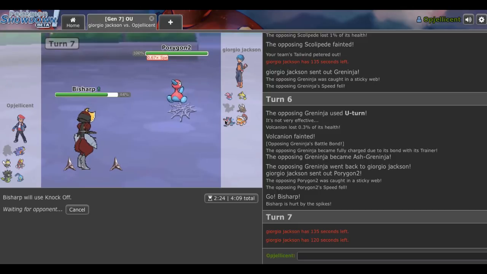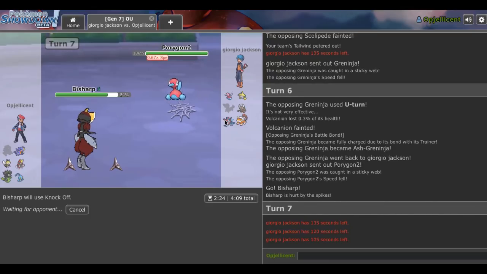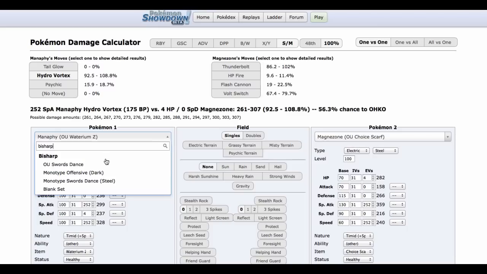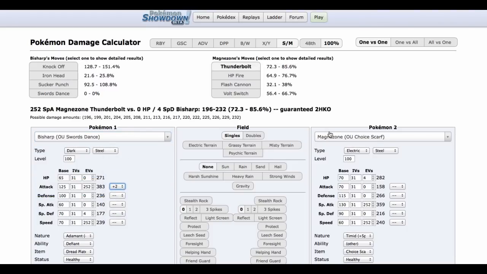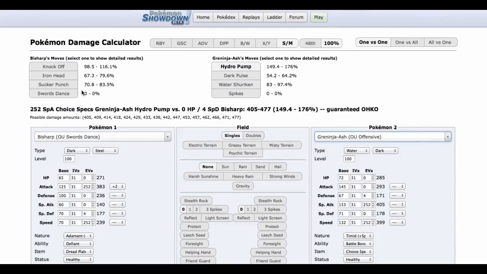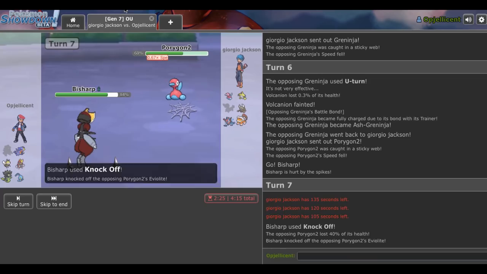Because Gren doesn't want to take a knockoff and get rid of that Specs, because it's what checks at, like, half my team. So, he has a tough decision to make right here. I really want to SD up and just go for it, but I don't believe we knock out Gren, do we? For at +2, we saw that we didn't knock out the other Gren the other match, so... Ashgren, does it have better defense or not? Yeah, we don't knock out Ashgren, so...